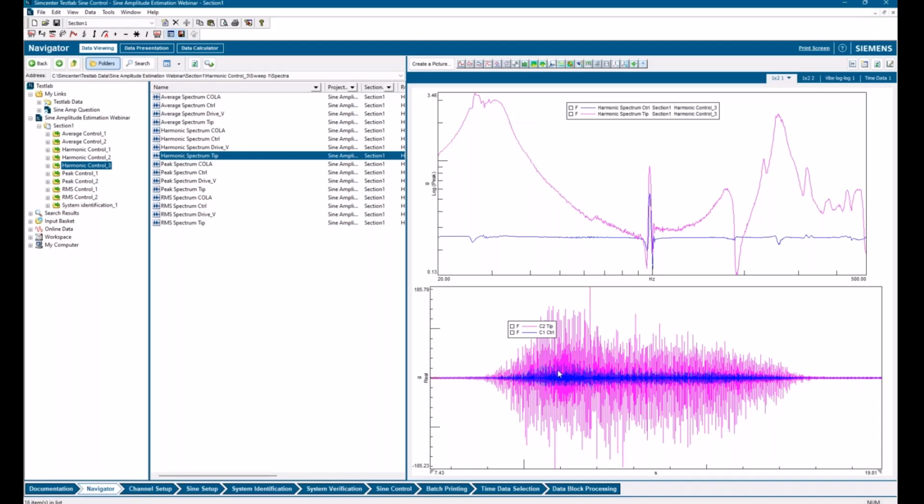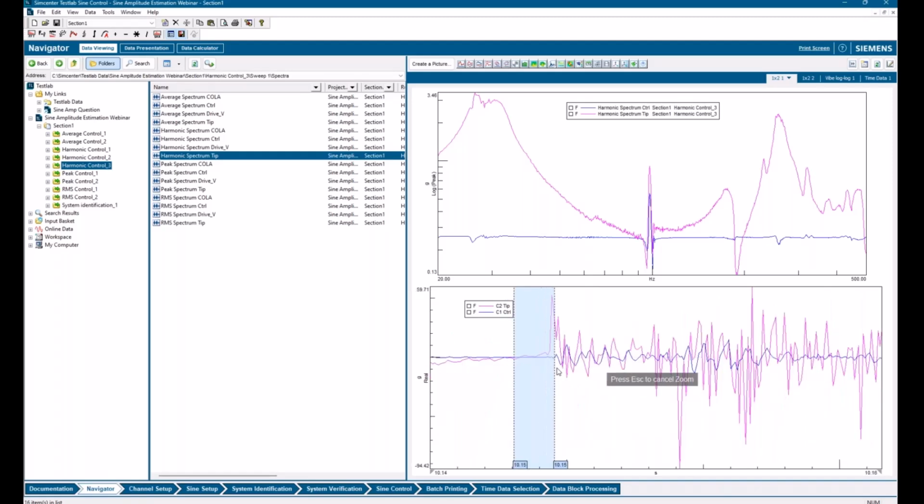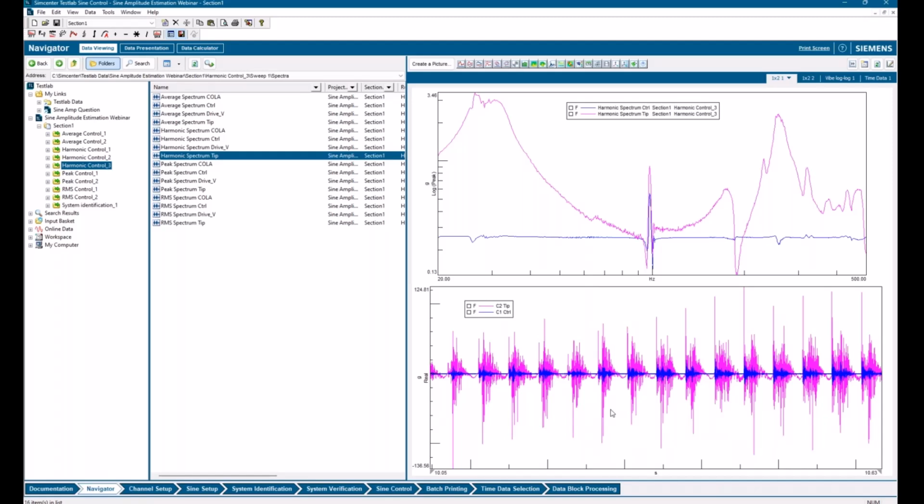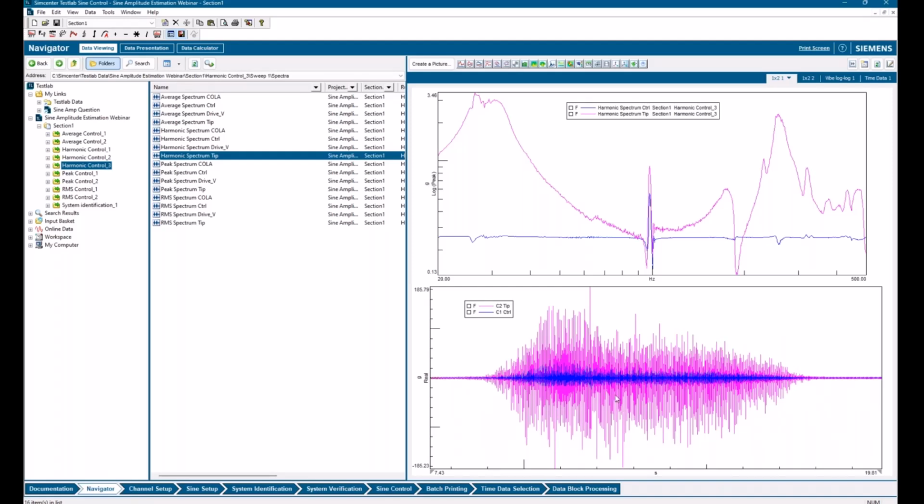And one of the things to keep in mind, first of all, is if you're going to be recording sine data to get good fidelity in your result, it's a good idea to do 10 times oversampling. So part of the thing we're seeing here with this high G level is that we've got frequency content from higher frequencies in this time recording that's not going to be in our spectrum.